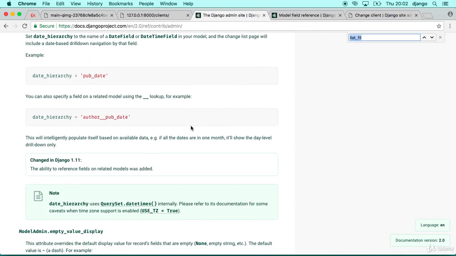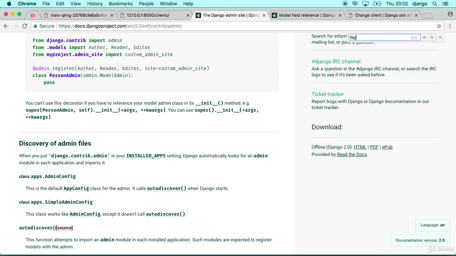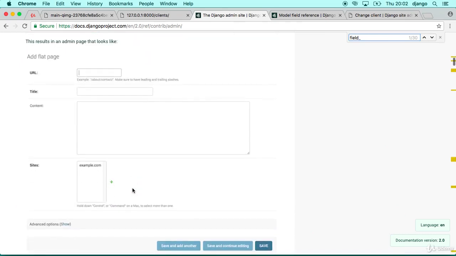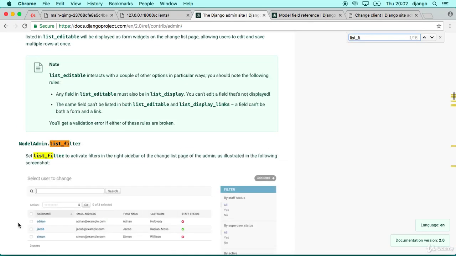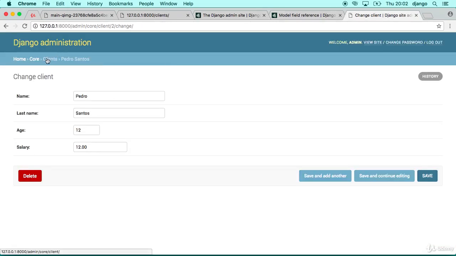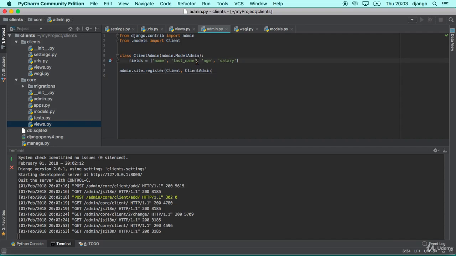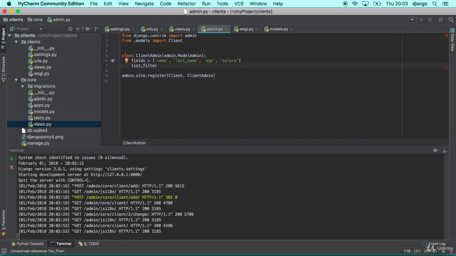Another cool thing, guys, that we can use as well is list field, yeah, this one. So as you can see here, we are in the grid, we are showing just the client name, so that's not very nice. I want a real grid with all the information provided by my users. So once you place it here, you can set up what fields you want to show in your grid. Okay, so if I do it like this,